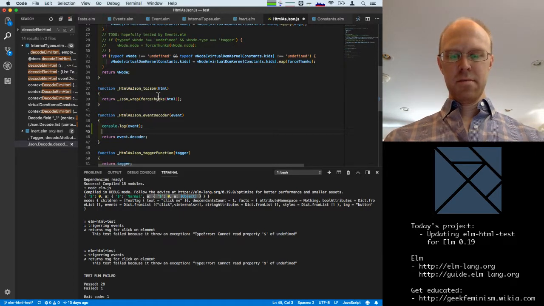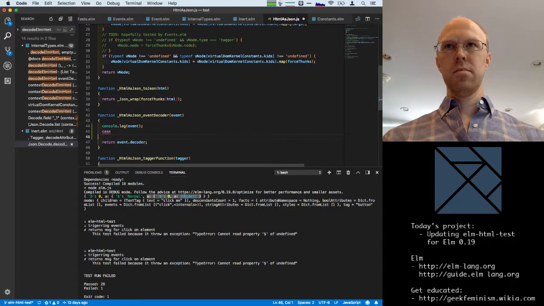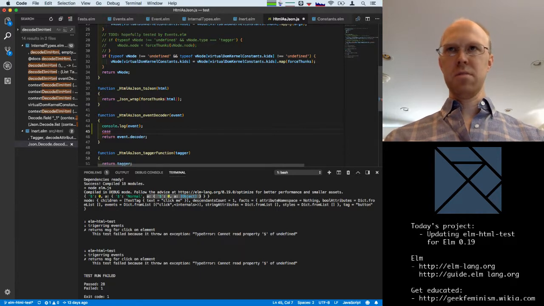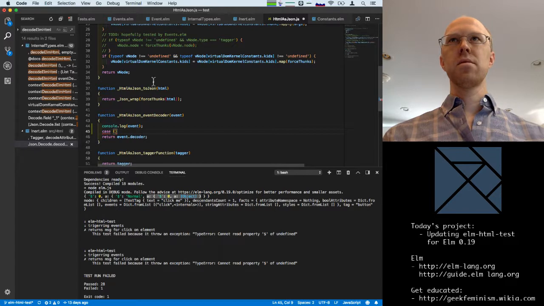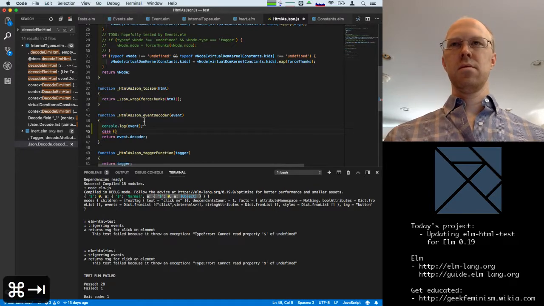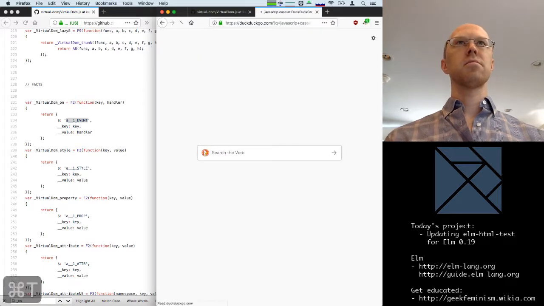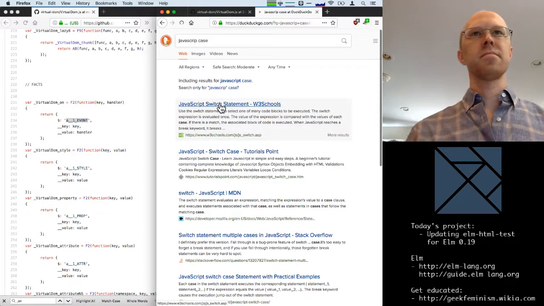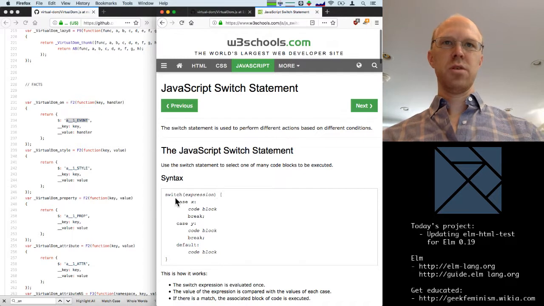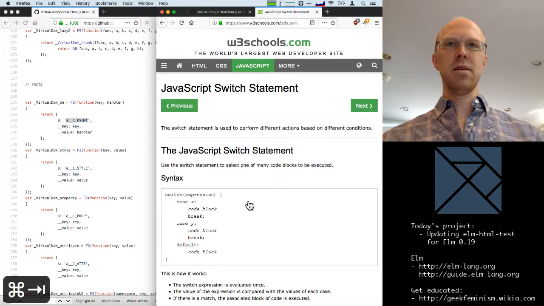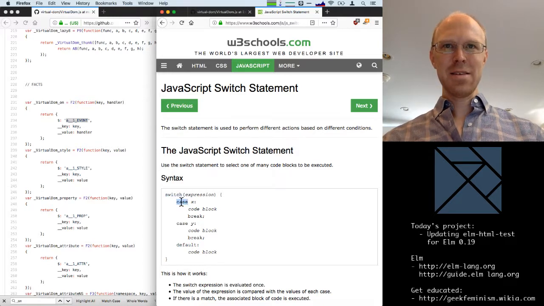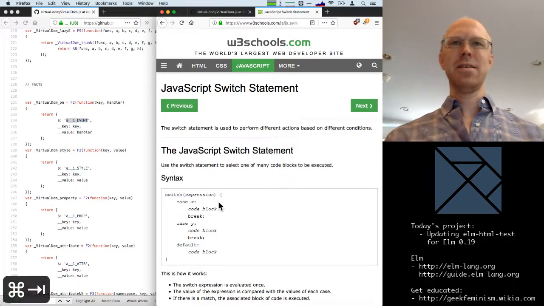Let's see. I guess I need to remember my JavaScript syntax. I have done too much Ruby lately. Switch. Okay, and then the case is the thing. Great. In Ruby, this is case, and the branches are when.